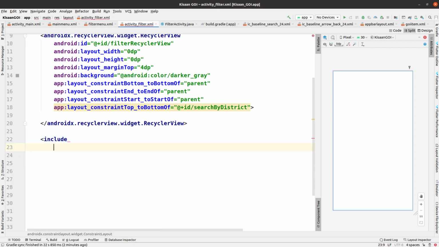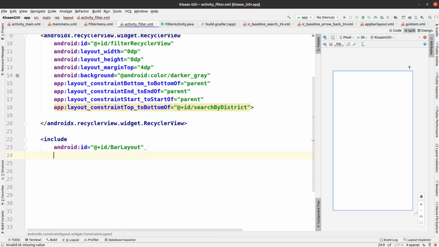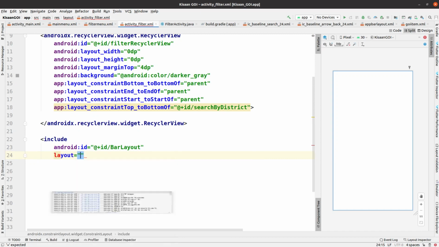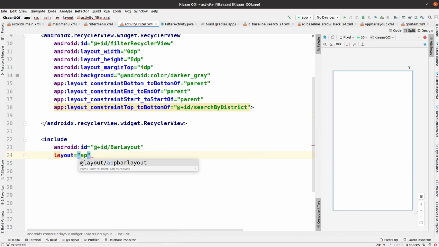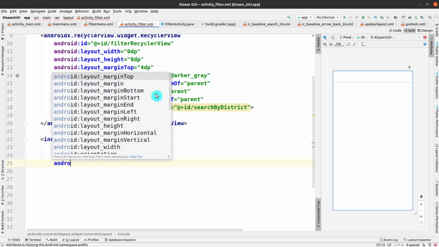Now we have to give the include. We have to include the app bar layout, as we did in the previous activities. We are just copying that, but in a different way. We have to add a few more items within this which are different from the previous XML designs.